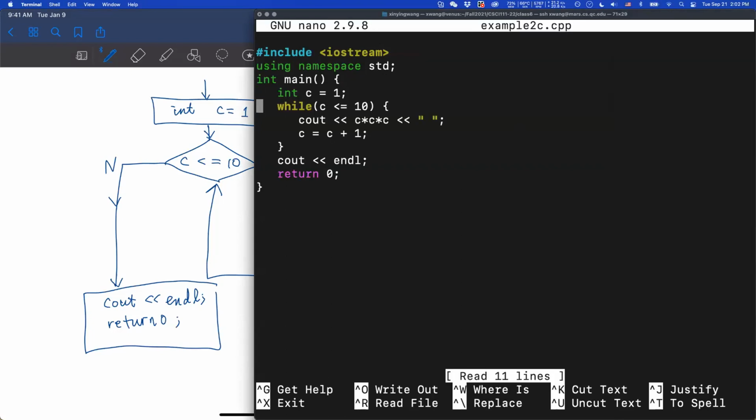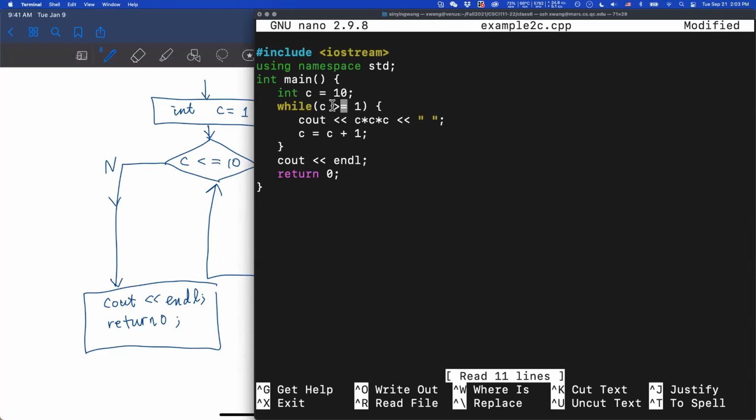So this is our code, if you want to print the cubes from 1 through 10. Now let's say you want to print the cubes backward, starting with 10 cubed and then down to 1. Then you will start with 10 and you will stop when your counter reaches 1.